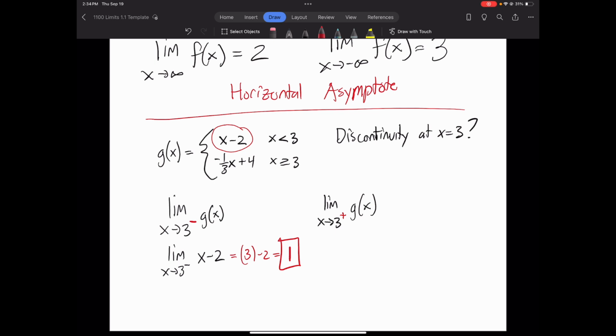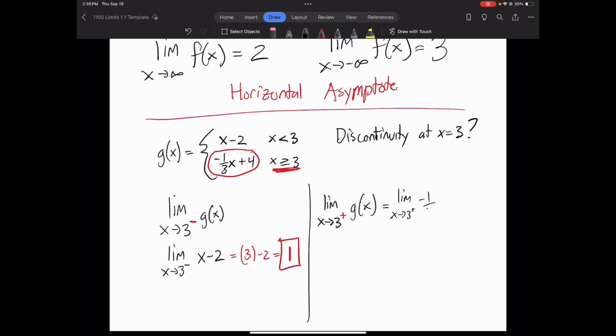Well, shouldn't that mean that my other limit's 1 too? Well, no, not necessarily, because for my other limit, I'm approaching from numbers greater than 3, which means I'm not using this rule, x minus 2, anymore. Instead, I'm using the bottom rule because I'm looking at numbers that are slightly bigger than 3. So this limit is equal to the limit